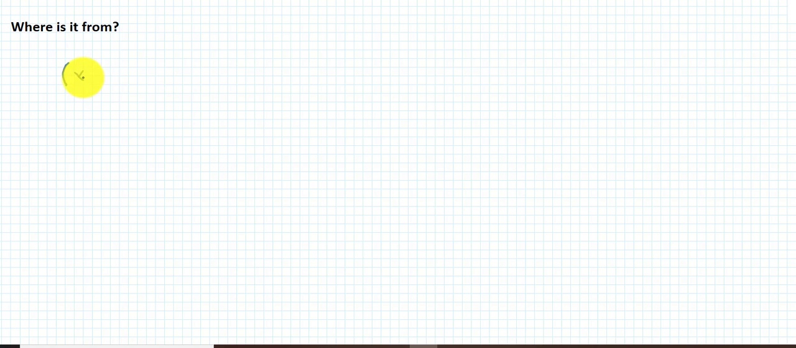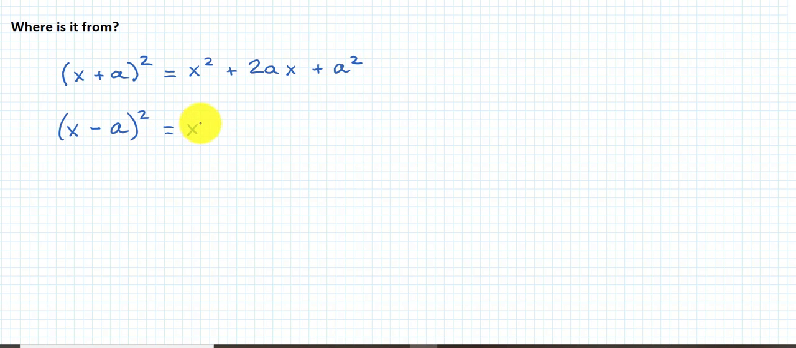So if you expand the formula (x plus a) squared, which is a square of a sum, you will find x squared plus 2ax plus a squared. You can either FOIL (x plus a) squared as (x plus a) times (x plus a), but this is also a well-known formula. Likewise, if you expand the square of a difference, (x minus a) squared, you will find x squared minus 2ax